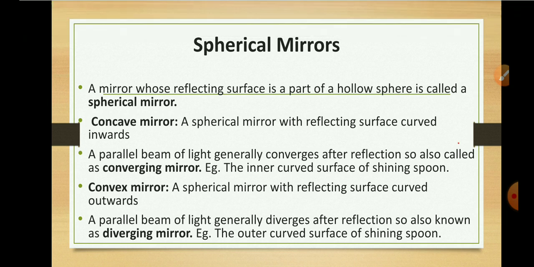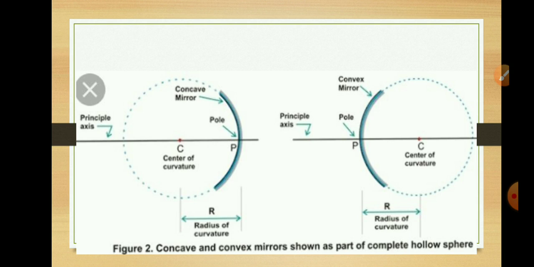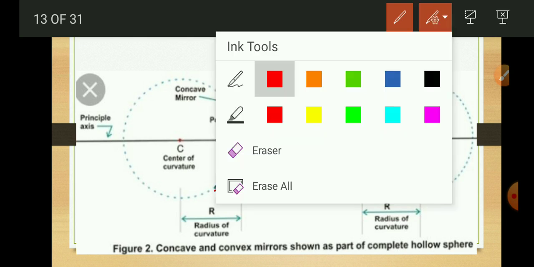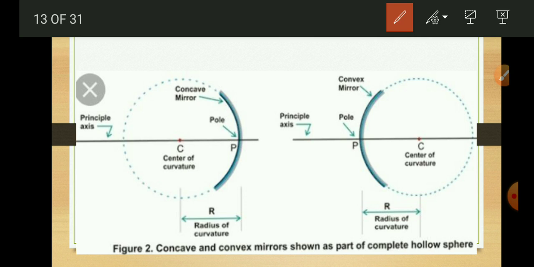Here you can see concave and convex mirrors. This is a concave mirror which has the inner curved surface as the reflecting surface, and this one is a convex mirror which has the outer surface as the reflecting surface. Now we want to study the properties of images formed by spherical mirrors. But before that, we need to define certain terms of spherical mirrors, and those are